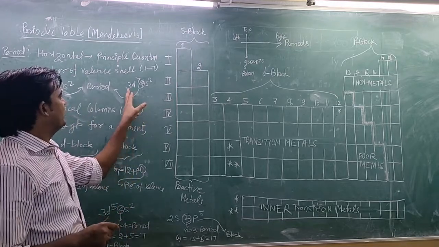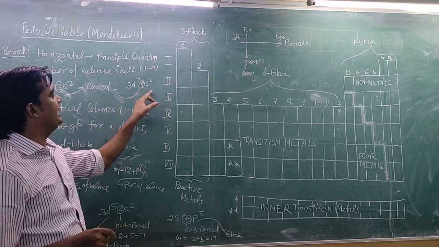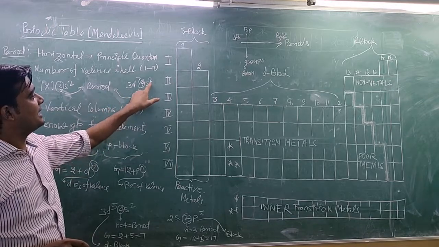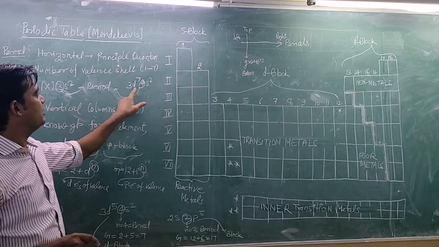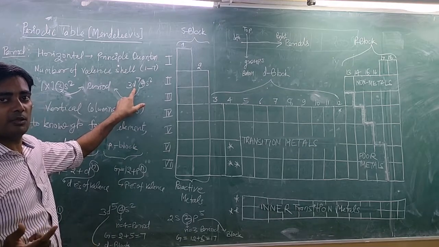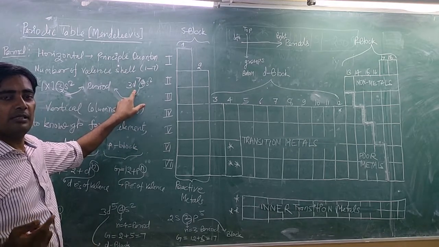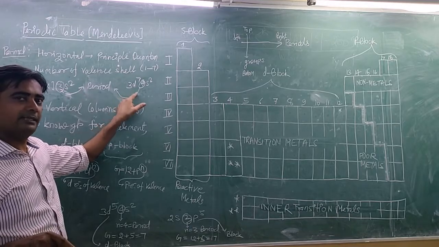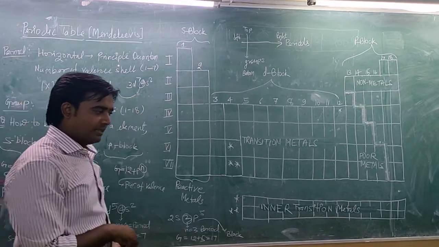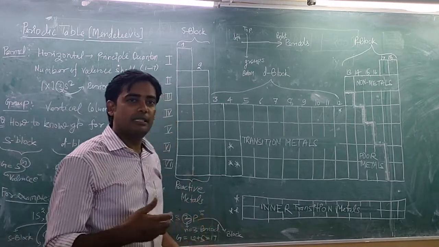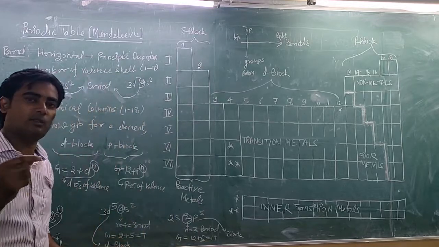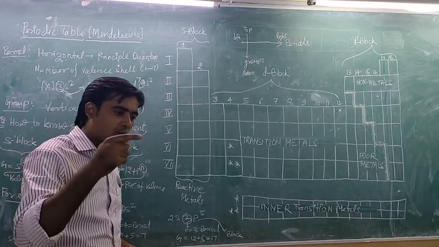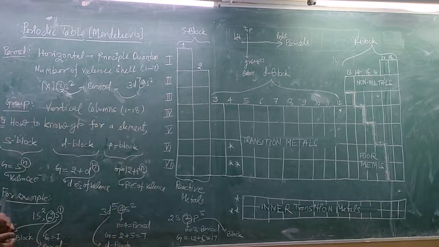How can you define the last electron of an electronic configuration? Here you can see this is 3d7 4s2. In a similar scenario, would the last electron be in the s orbital? No, because a d orbital can occupy 10 electrons and here there are only 7 electrons, so the last electrons will be in the d orbital. Okay, so it is a d block element. So we can easily get an idea about the block on the basis of the last electron's location. In which orbital the last electron is, the block is named after that orbital.